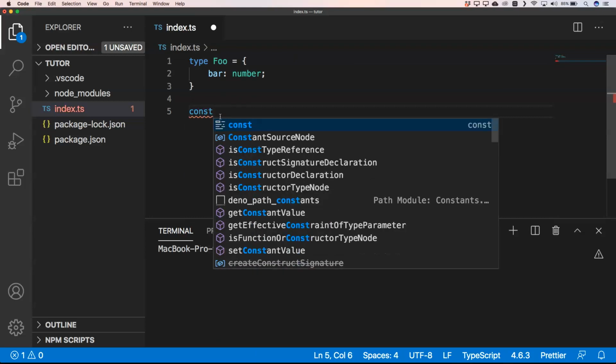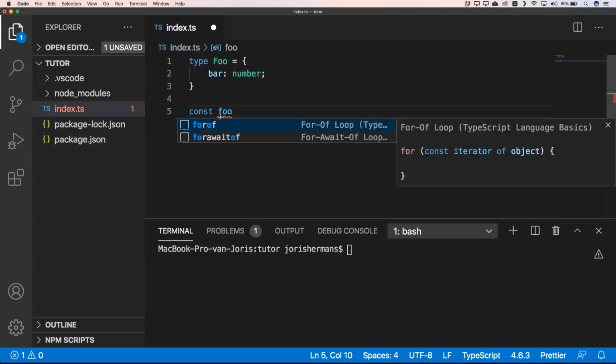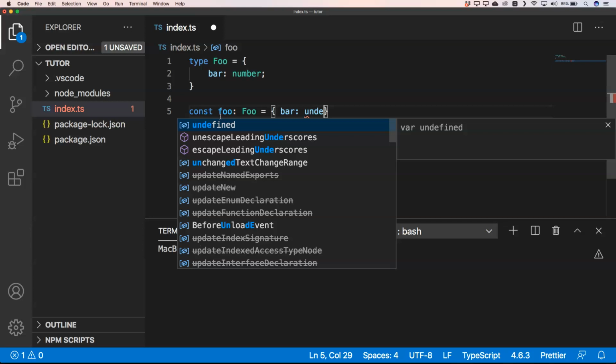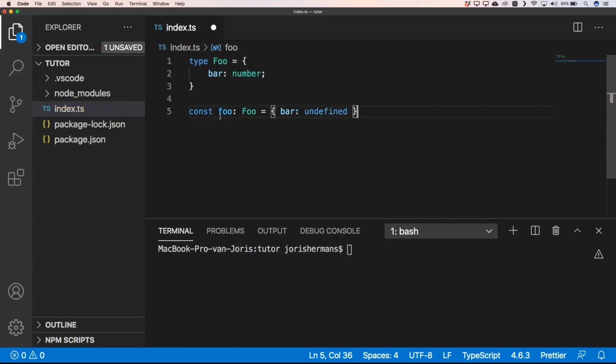And then if you have here a const equals, and we say that it's of type Foo, for example, and we do something like this, bar undefined, then that's okay. But if we are doing something like this,